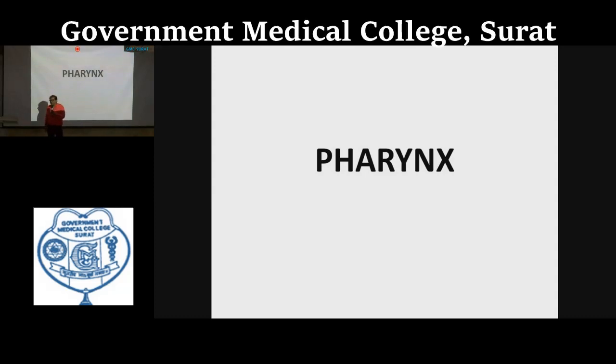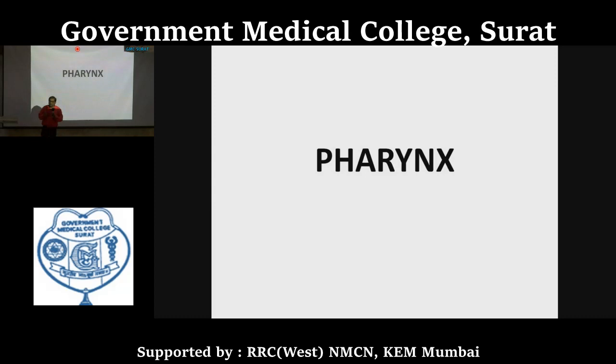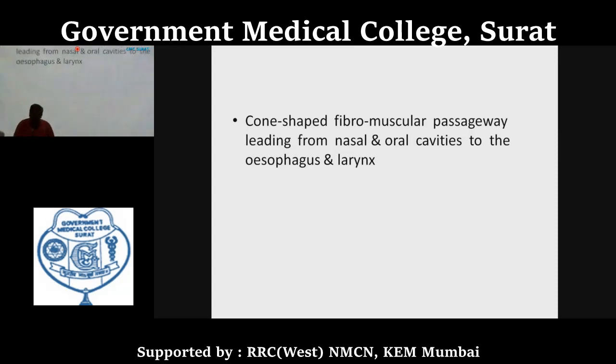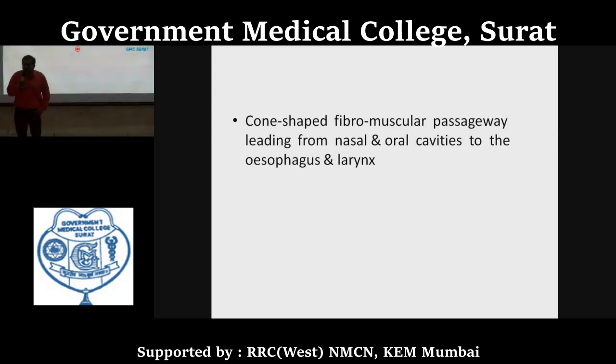Now, in this lecture, we are going to discuss the anatomical aspect of the pharynx. Okay? Now, what is the pharynx first? Let me introduce the pharynx. So, pharynx, you can read, the pharynx is a cone-shaped fibromuscular passageway. It's a cone-shaped fibromuscular passageway that leads from the nasal as well as the oral cavities and goes to the esophagus and larynx. Okay? Recalling, pharynx is a cone-shaped fibromuscular passageway leading from the nasal and oral cavity and going towards